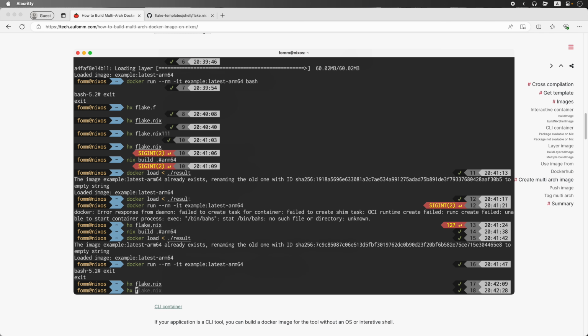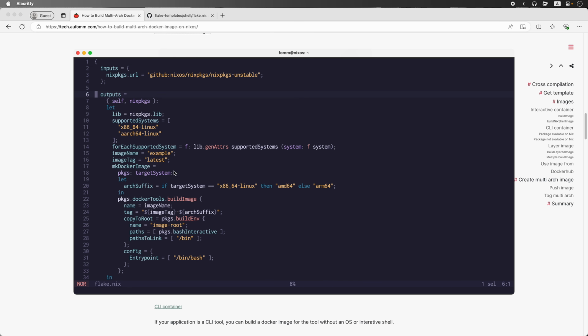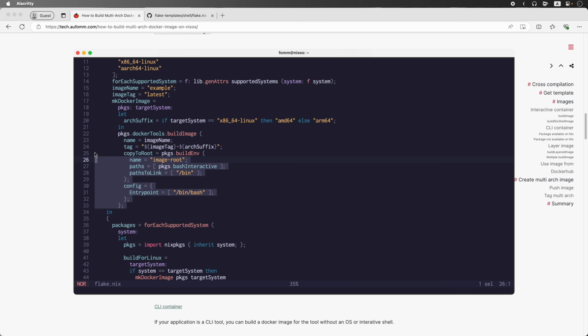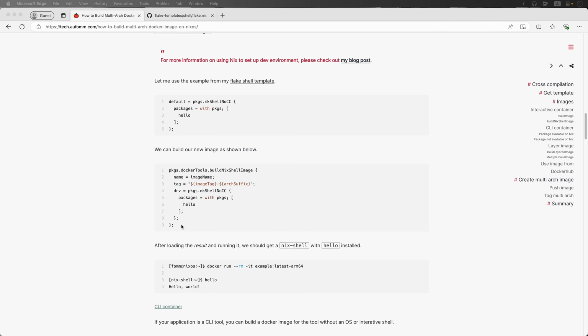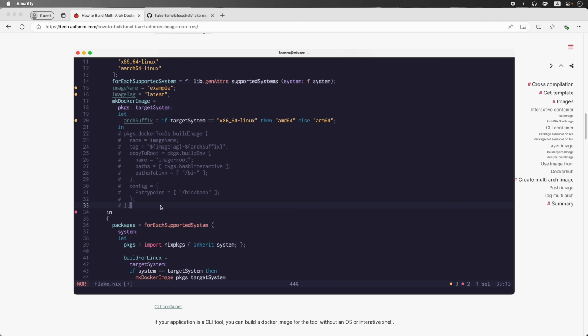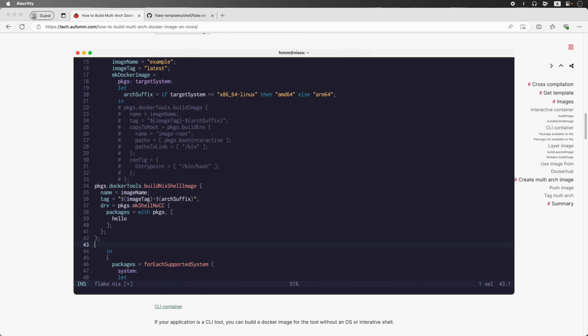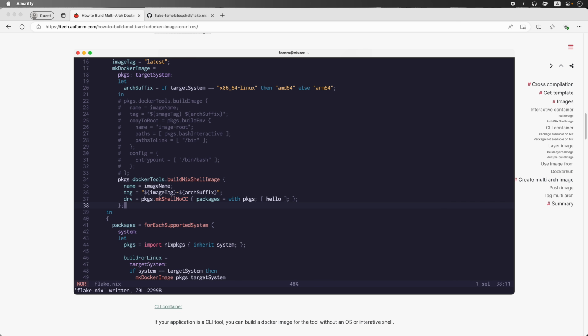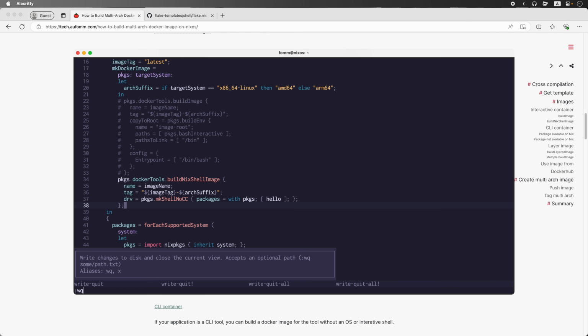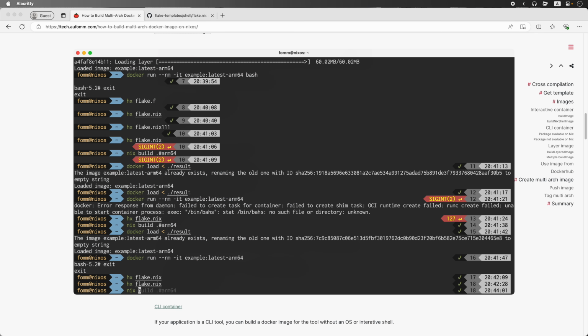So we will go back to our flake.nix. We will comment this one out, and we will just copy this part, paste, and then we will save. So let's have a read. So basically it's just using the dockerTools buildNixShellImage, the same image name, image tag, and then we are using this maxShell no cc package, and inside the package we will install this hello package. Okay, so we can quit and do a nix build,